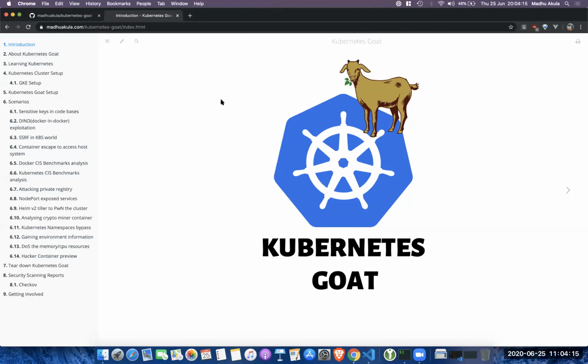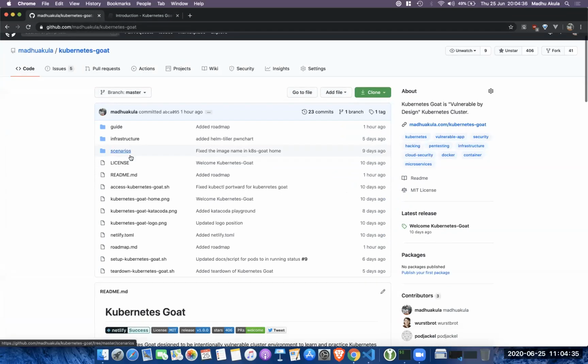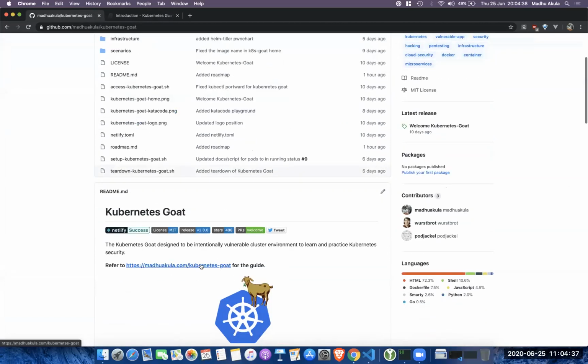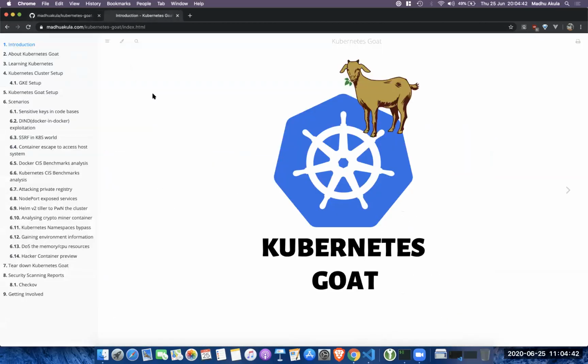Thank you so much for the introduction, and first of all, for having me in the OWASP Bay Area chapter meet. Today we are going to primarily look at a recent open source project which I have built around Kubernetes security called Kubernetes Goat. The project can be found at github.com/madhuakula/kubernetes-goat. Most of the documentation I'm going through will be referred from here itself, if you want to have a look at the same time.